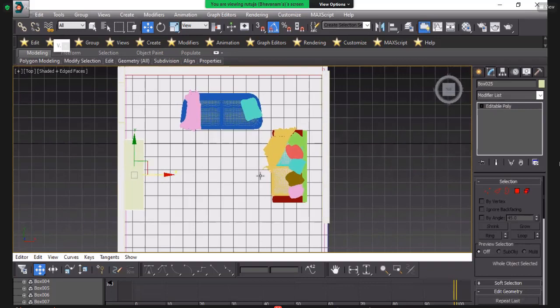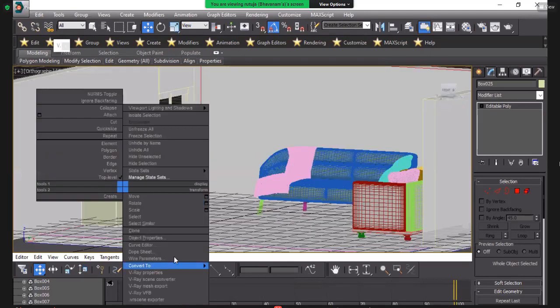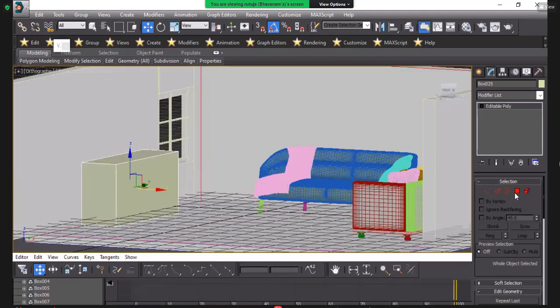To keep this in mind, when we import and get one box or one object, just turn on it and change it into editable poly. Okay, so guys listen here, we will change to editable poly.